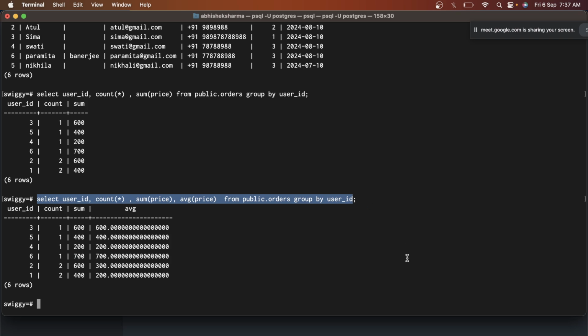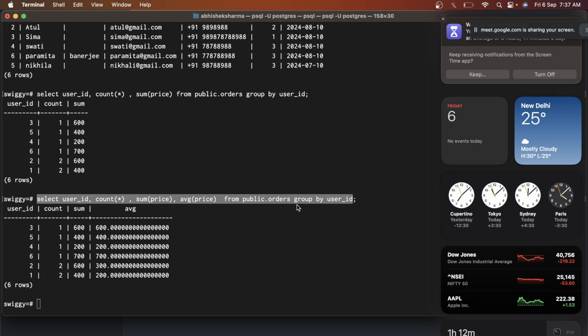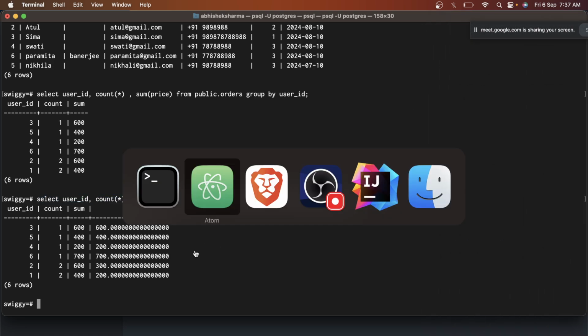All right. So this is the one thing. So we have seen the select query. How much time is left? You are going to get late, right? Yeah, yeah. So let's